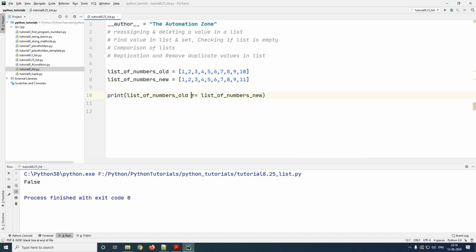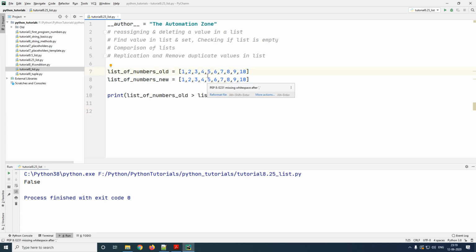Now it is not just comparison, you can also check if one list is greater or not than the other list. To do that, you put the greater sign like this. Python is not going to check all the elements together. It is going to check each index by each index of both of my list. So Python will first check the very first index called index 0 of both of my list.